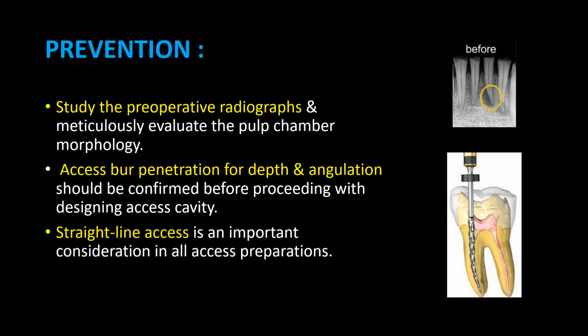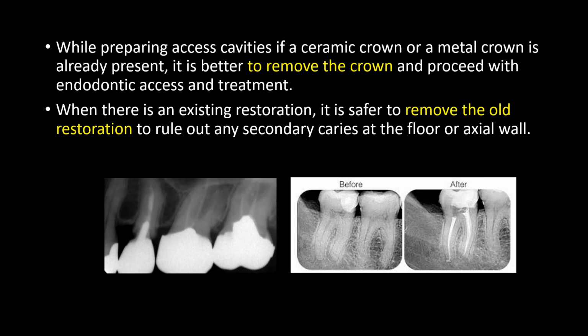Straight line access is an important consideration in all access preparations. While preparing access cavities, if a ceramic crown or a metal crown is already present, it is better to remove the crown and proceed with endodontic access and treatment. When there is an existing restoration, it is safer to remove the old restoration to rule out any secondary caries at the